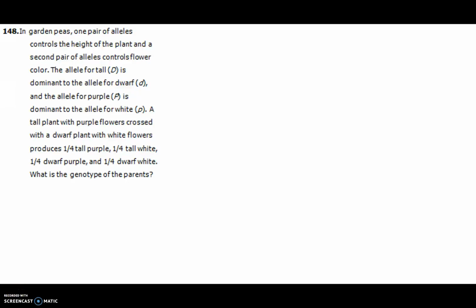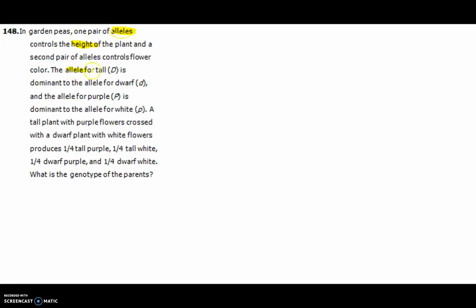So here we see in garden peas that one pair of alleles controls the height of the plant and the second pair of alleles controls the flower color. So when you're reading this problem, they're talking about two different loci. Like here where it says alleles, this allele controls the height, that's one locus on a chromosome,